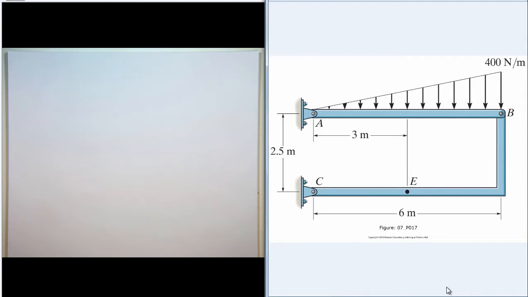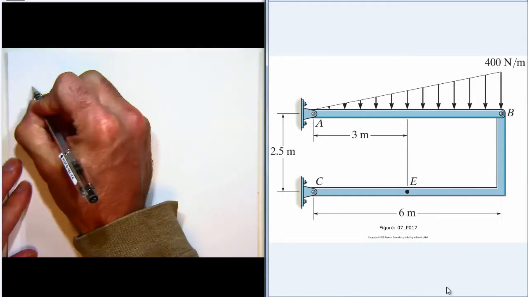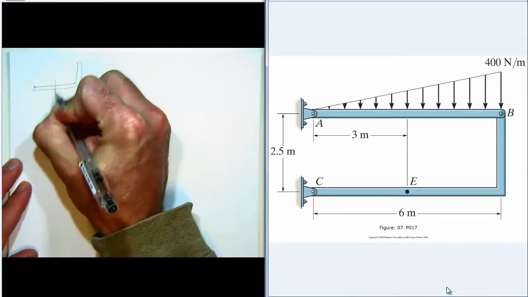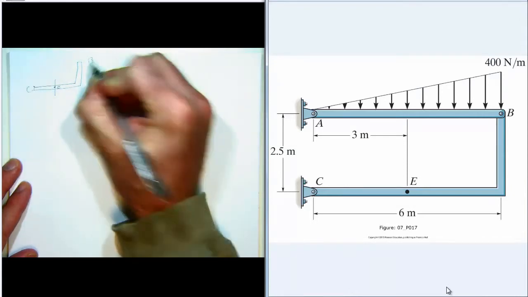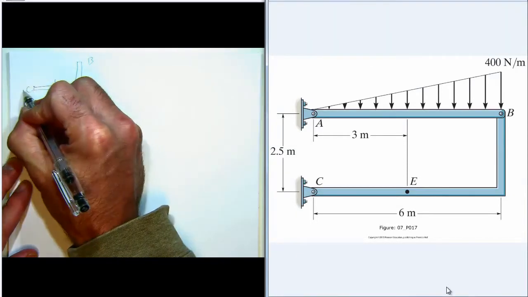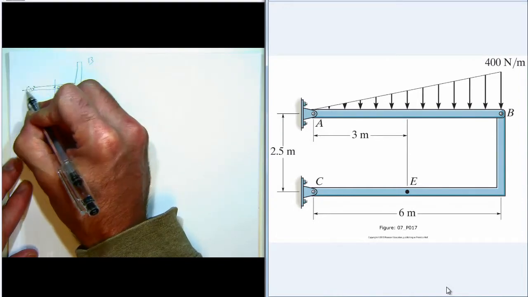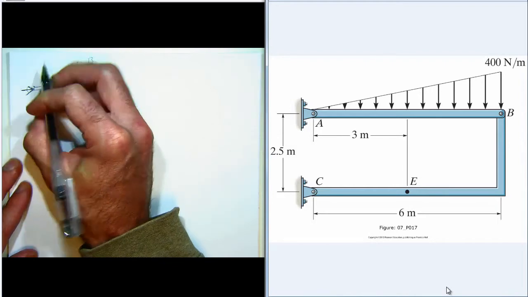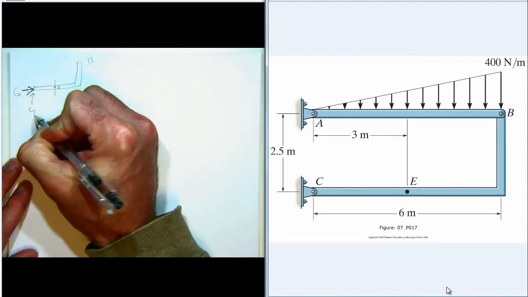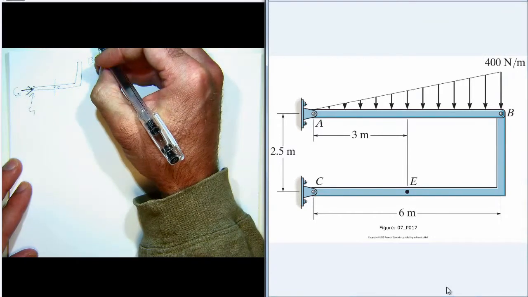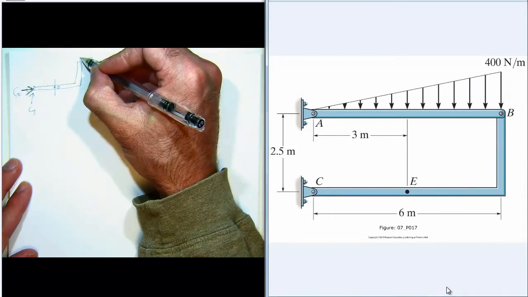Because if we were to draw the free body diagram of CB, well, no matter how we cut CB, or no matter which section we use for CB, so here's CB, and we want to slice it here at point E. So we've got Cx, Cy, and then we would have Bx and By, but